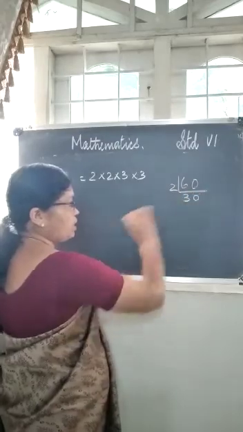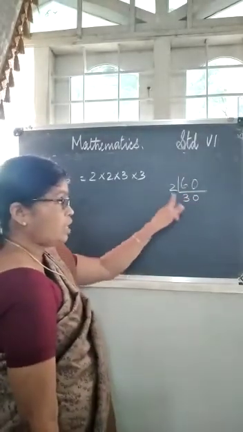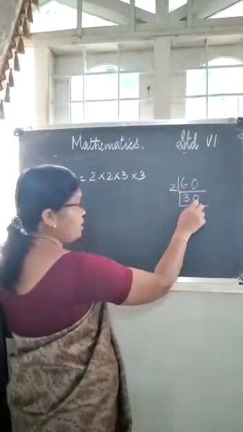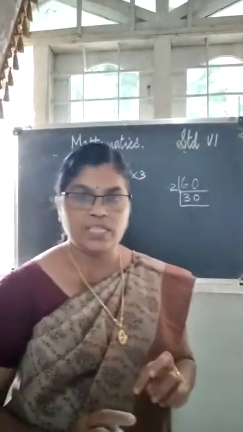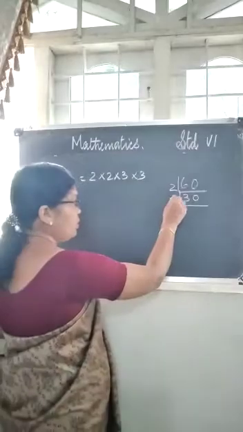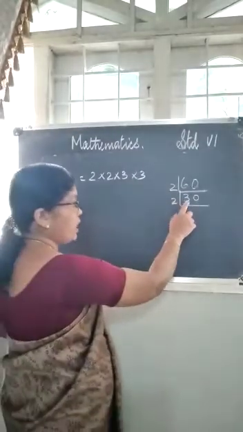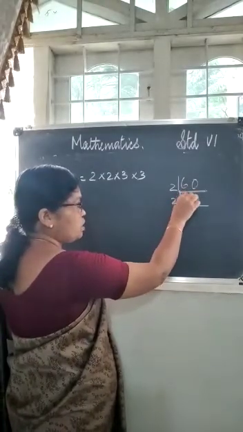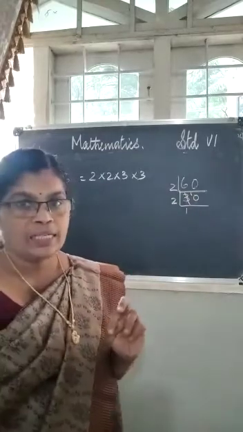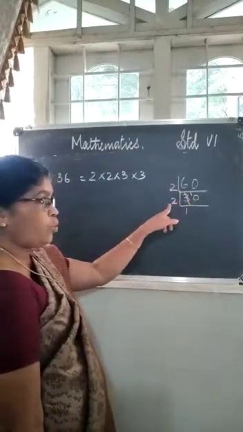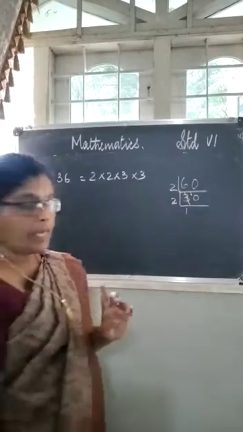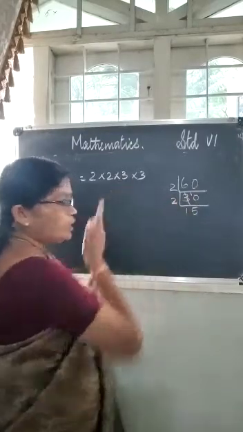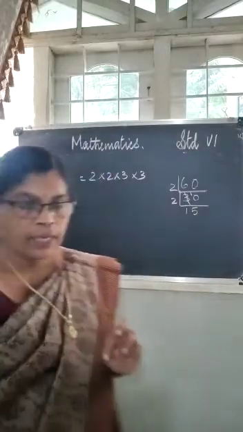Now 0 you write down like this. Okay, 30. That is 30 2's are 60. Now again, since the ones place is 0, we can divide by 2. In 3, how many 2's are there? 1 2. 1 into 2 is 2. Then after 2 there is 1 remaining. 1 is balanced, then it becomes 10. In 10, how many 2's? 5 2's are 10. That means 15 2's are 30.